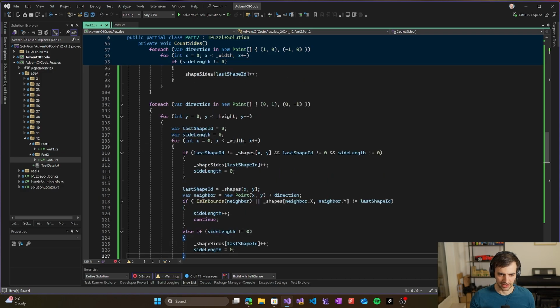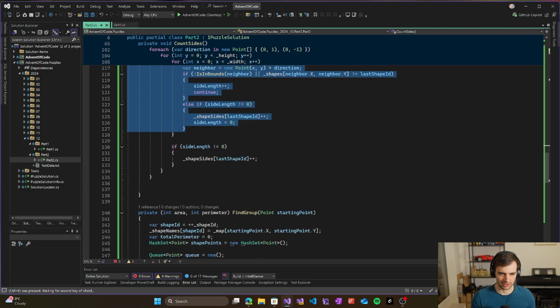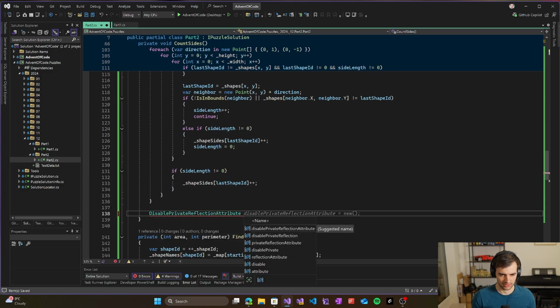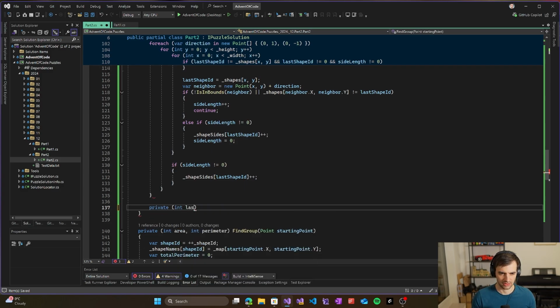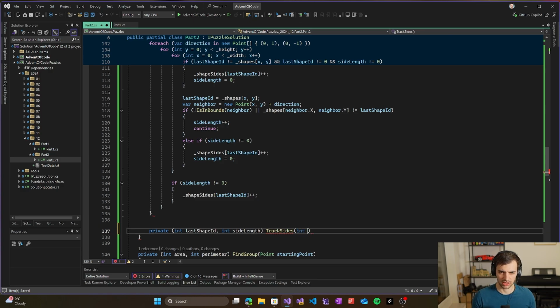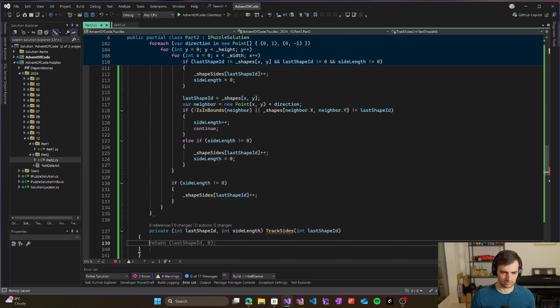But the whole meat of the thing I could refactor as some kind of private int last shape ID and side length, sides, and the input would be side length, last shape ID, side length, or actually it's initially 0, right? So essentially this whole thing